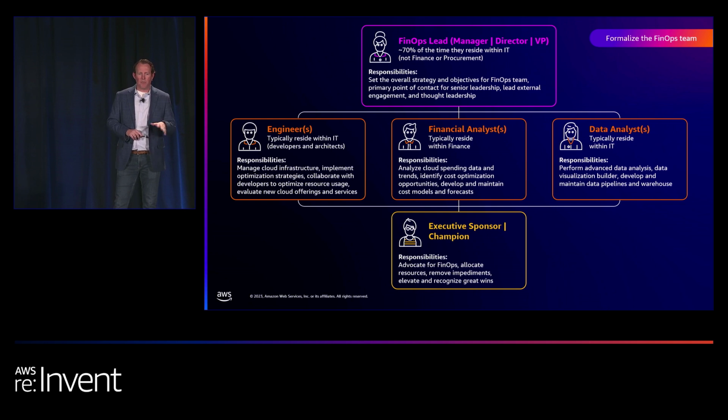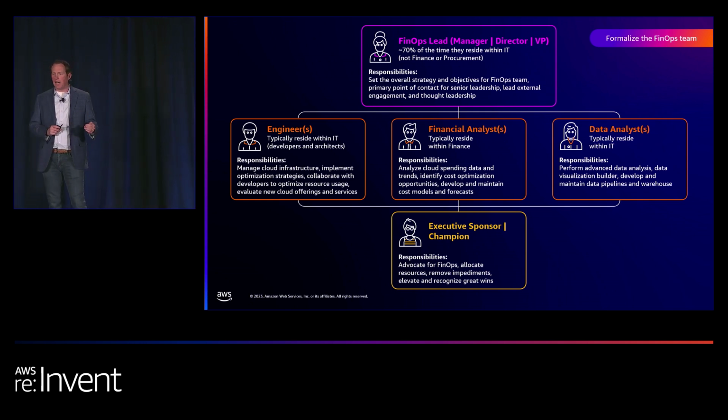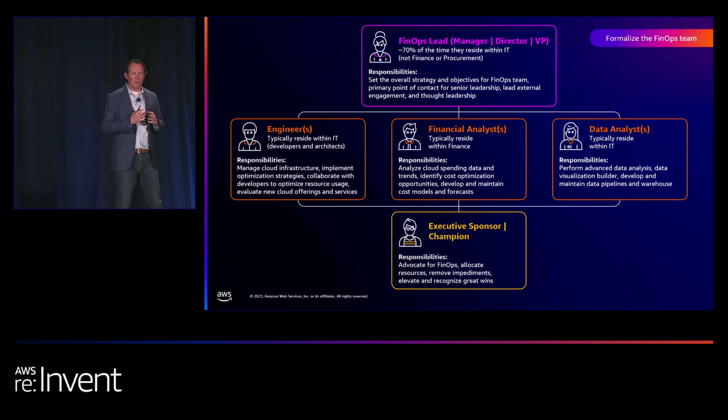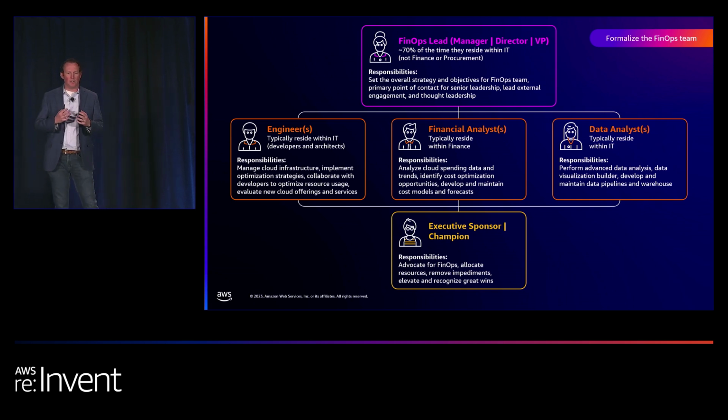And then lastly is some form of a champion. This doesn't have to be called a champion. It doesn't have to be that formal. But for me, as you think about senior level ownership and accountability, having a CTO, a CIO, or a CFO be really passionate about a FinOps team goes a long way to getting the air cover and the action when you have recommendations and ideas. So thinking about a champion, if you maybe have that loosely coupled team, but there's no champion in your organization, I would encourage you to maybe ask somebody to be the champion and outline some of the roles and responsibilities as you go through that. Because sometimes you'll get blockers and you need to escalate and get some support as you go through it.